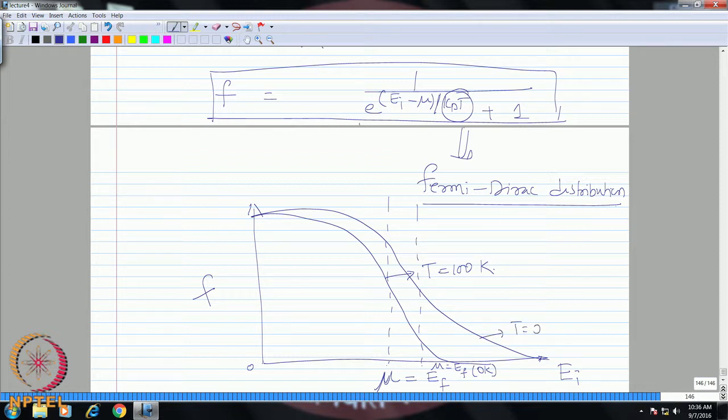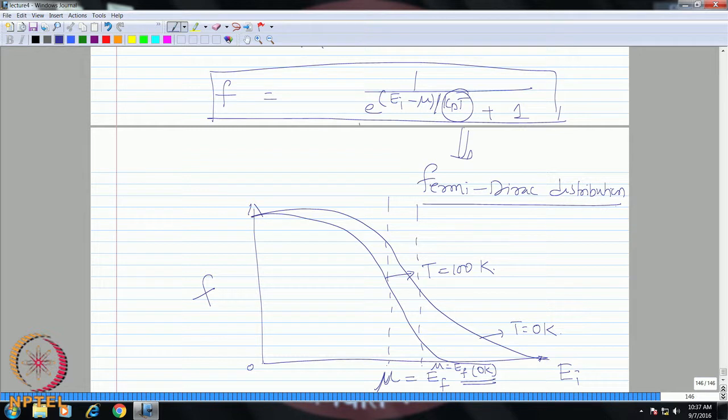So, this will be say T equal to 0 Kelvin. Okay. So, that means the center line here is given by the chemical potential. So, at 0 Kelvin this chemical potential will be equal to the Fermi energy level. So, this distribution will be antisymmetric, and if you continue plotting this for higher and higher temperatures,